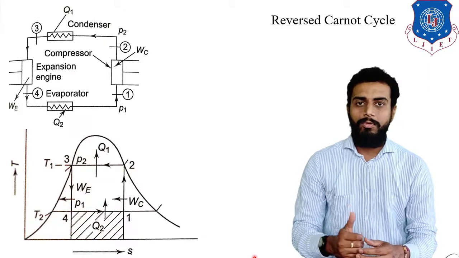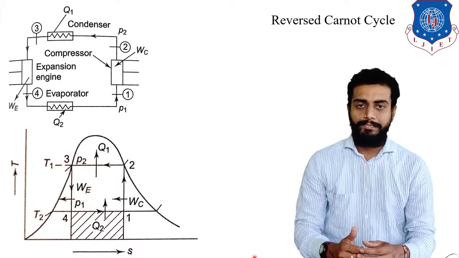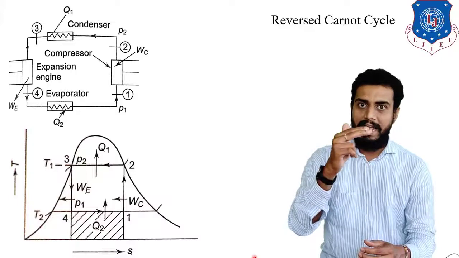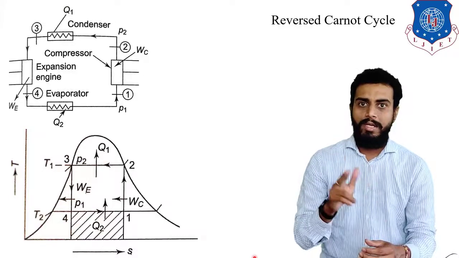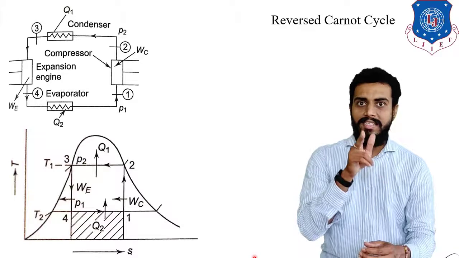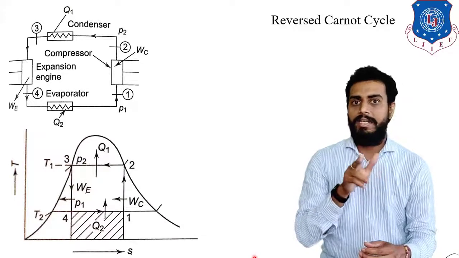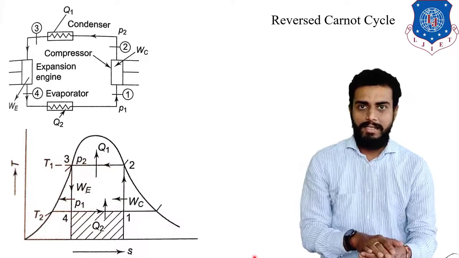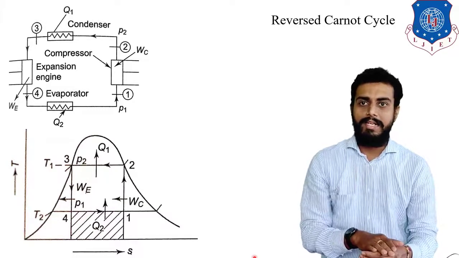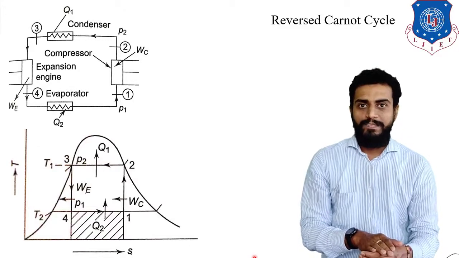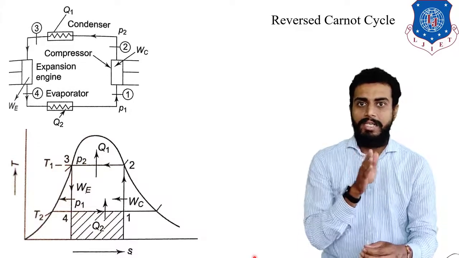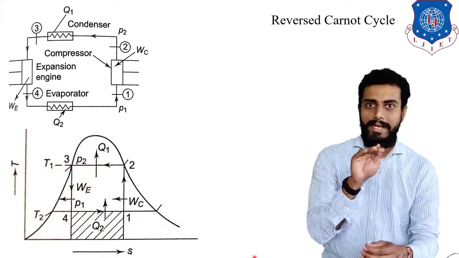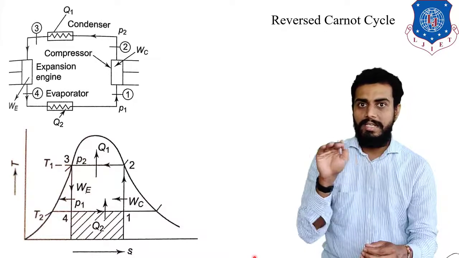From 1 to 2 the process is a reversible adiabatic compression process. Reversible adiabatic is also known as an isentropic process. You can observe in the TS diagram that 1 to 2 is isentropic, that is why it is drawn by a straight vertical line. Now 2 to 3 is the condenser, wherein the heat is rejected towards the atmosphere. So 2 to 3 is a constant temperature heat rejection, highlighted by the 2 to 3 process in the TS diagram.